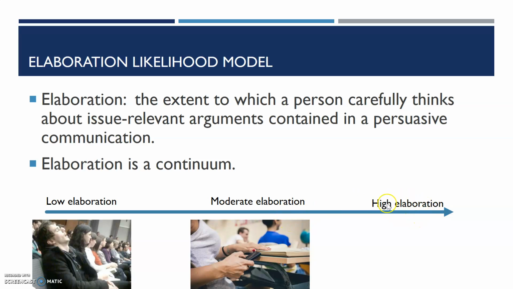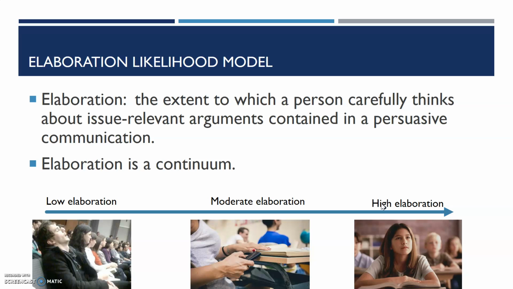But some other students may actively think about every single word, every single sentence delivered by the instructor. They devote a lot of thinking, they do lots of information processing, and we call this behavior high elaboration. So again, elaboration is to what extent you put effort into thinking through an issue, and this is a continuum variable. You can sit anywhere along this scale or spectrum, ranging from zero elaboration all the way to very high elaboration.